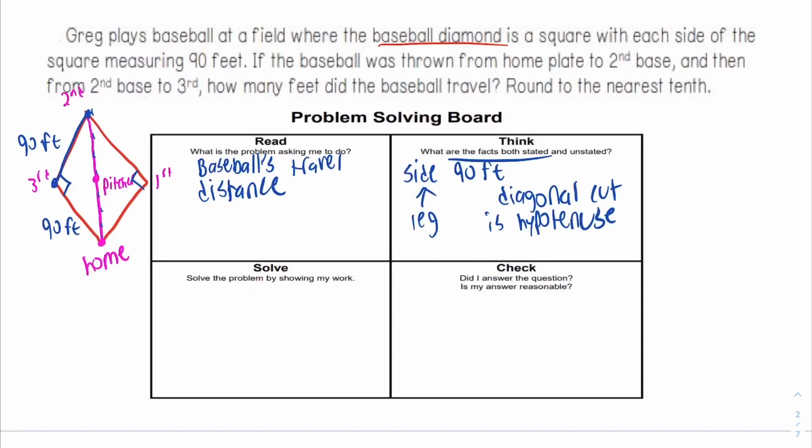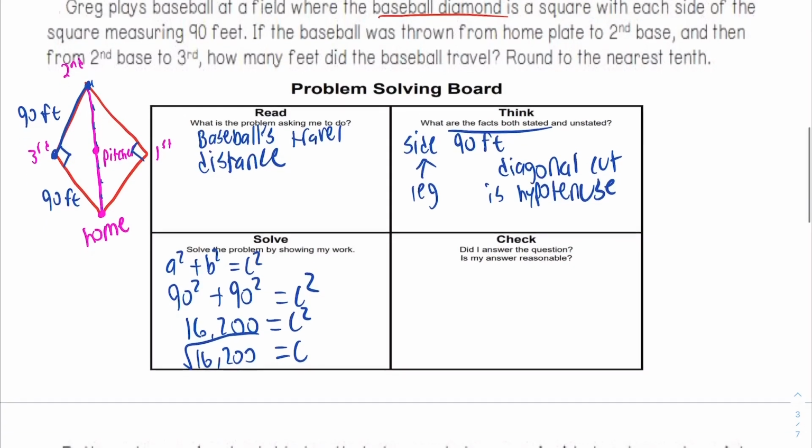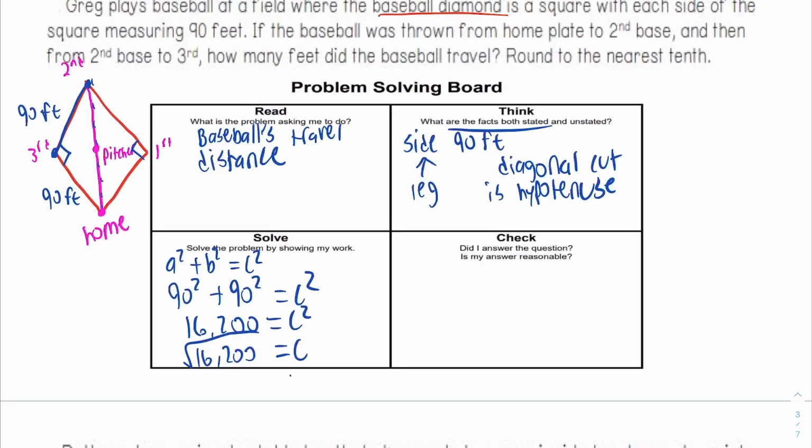Now we're going to solve it. To solve it, if 90 feet are the sides and the sides are the legs, then we're going to do the Pythagorean theorem, because this is a right triangle, and then we're going to put 90 and square it, and then another 90 and square it, equal to c squared. And then now we need our calculator to get 16,200 is equal to c squared. To get the regular c, we will need to square root that number. To go from something squared to something not squared, you need to use a square root. And the square root gives us the answer